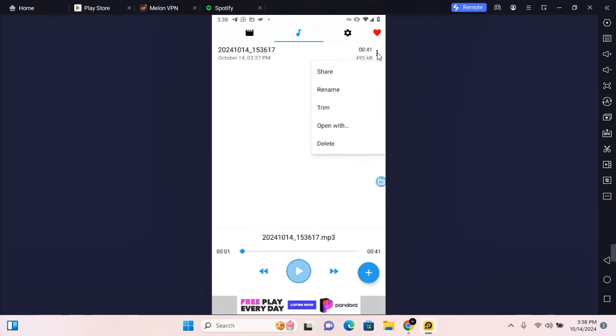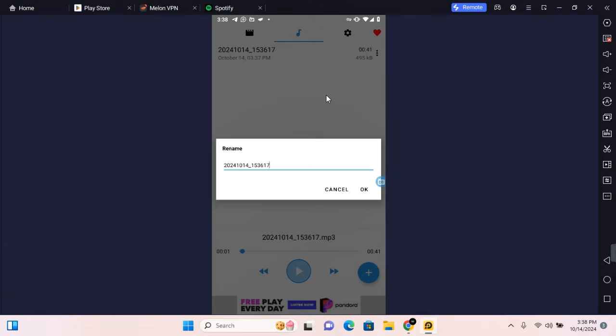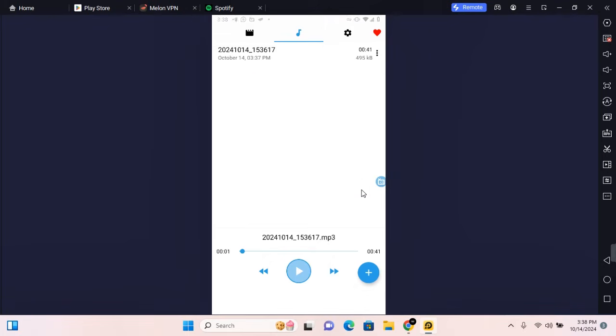Now tap on the three dots beside the audio and tap on rename. You can give it any name you want for recognition. Tap on OK to save. Now the next step, you need an audio trimmer. You can watch the next video on how to trim audios on mobile, if you had not recorded your audio perfectly. If you recorded it perfectly and need no trimming,